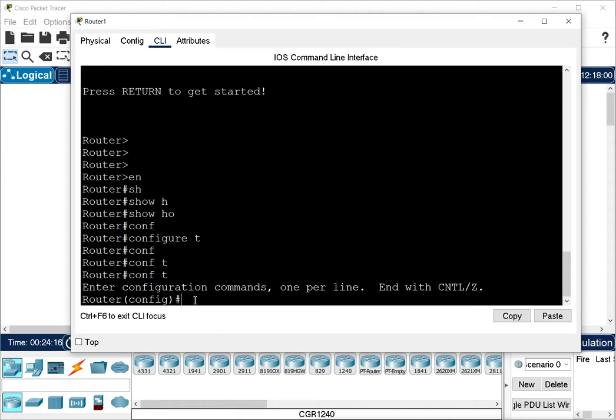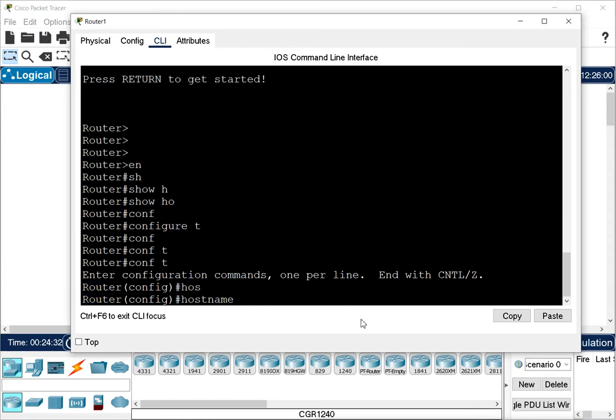Okay, so under configure terminal, I want to set up the name. Now remember, under global configuration mode, you can do the configuration. This is the default name for our router, and for every router I want to change it. So I will mention the command hostname, and this is the command. Remember, in the command line you pass the command in this way: first will be the command and then will be the value.